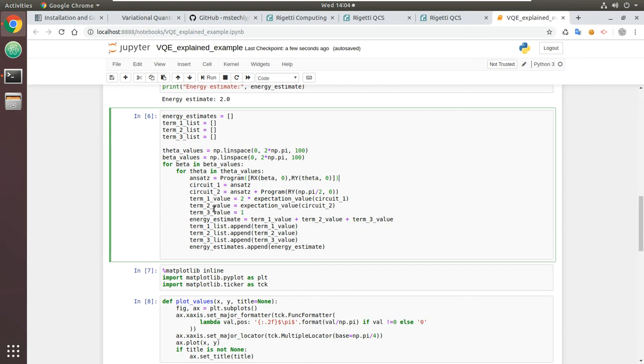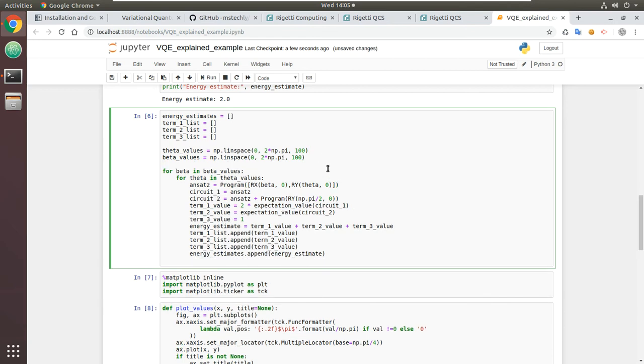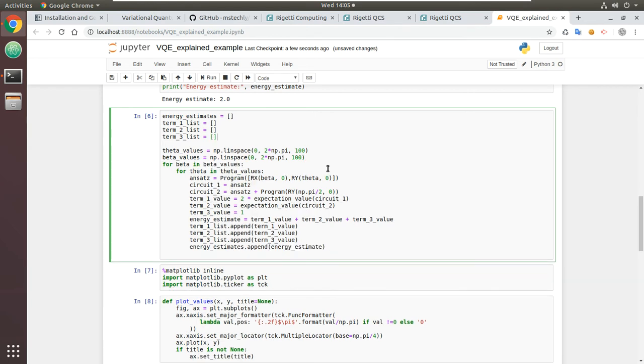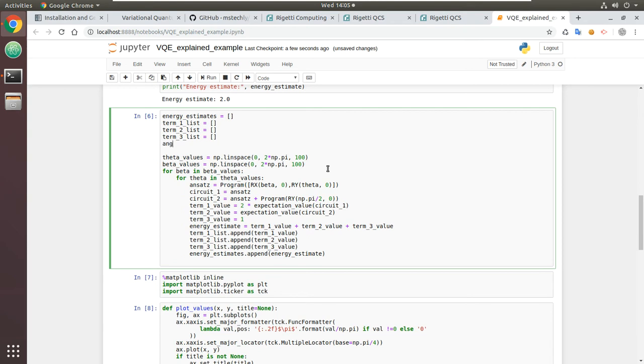And in the energy estimates, blah blah blah, no. I probably need to create another array that is going to be the angle values, and those angle values basically will be something like